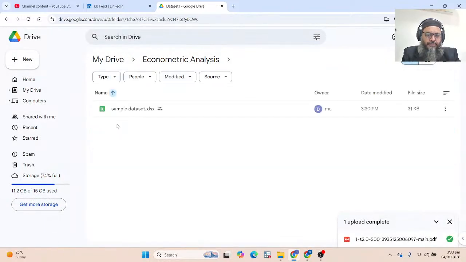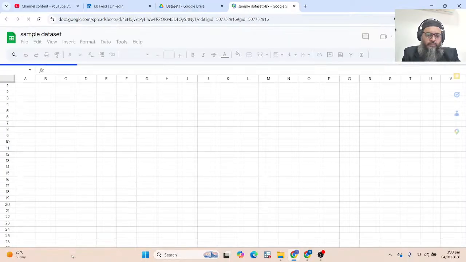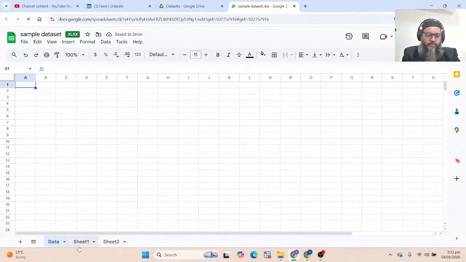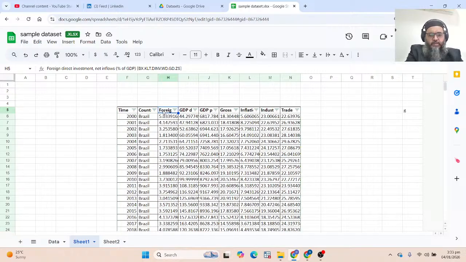Now, these are multiple variables, like foreign direct investment, GDP deflator, GDP per capita, and whatever their names are. You don't need to be worried about the names and the technicalities behind this.